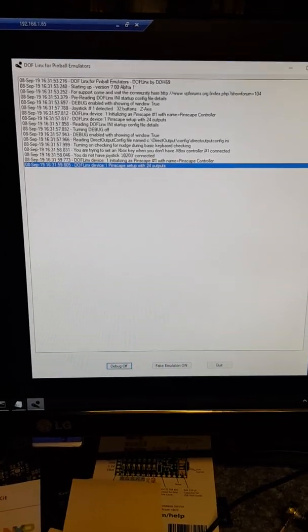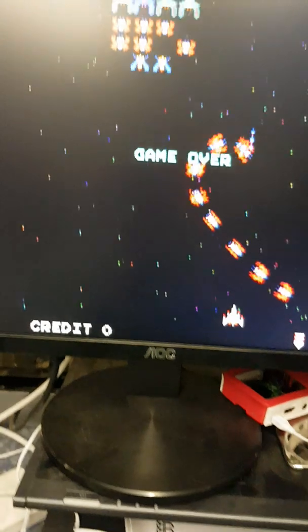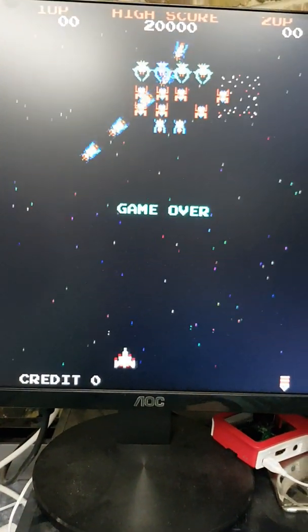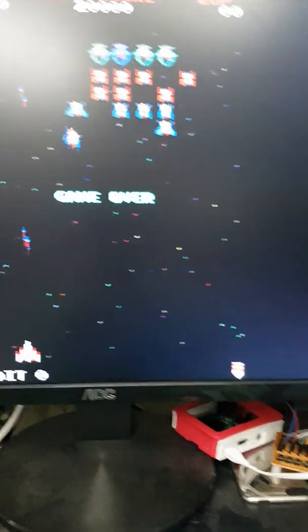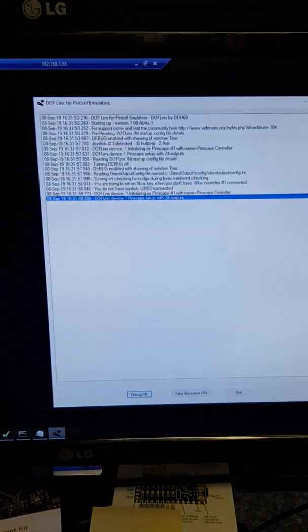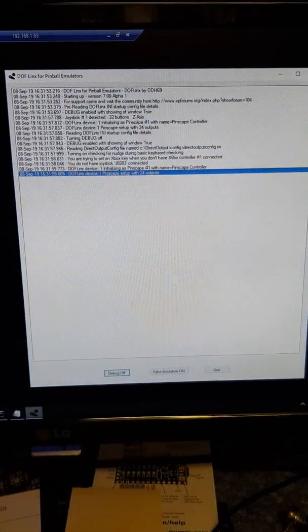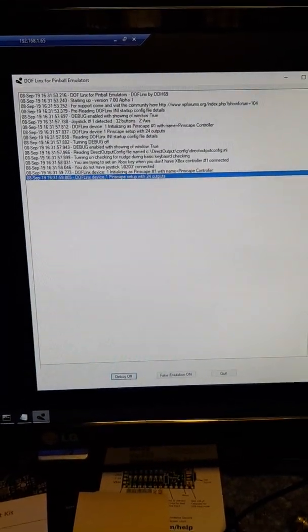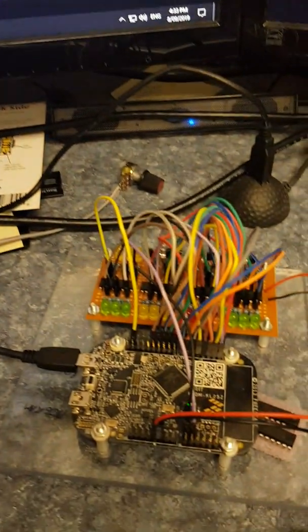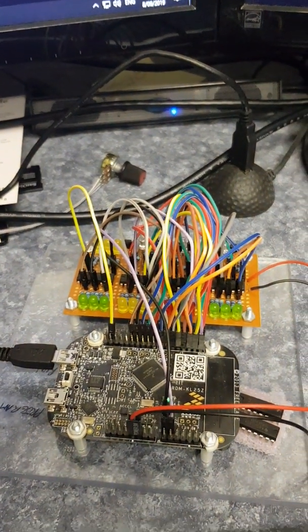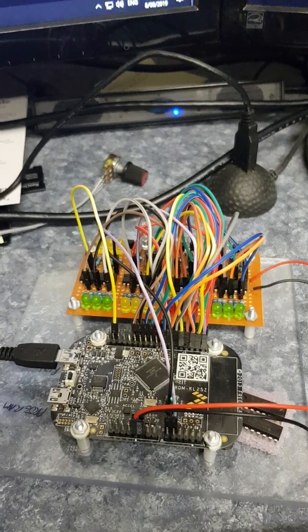So here's the very first look at DOFLinx working with a game in a MAME emulator. I've got Galaga running over here on the machine on the left. On this machine I've got DOFLinx running, and they're actually talking via the network for testing purposes. And then down here I've got my Pinscape and output board, so I can look at the outputs that actually